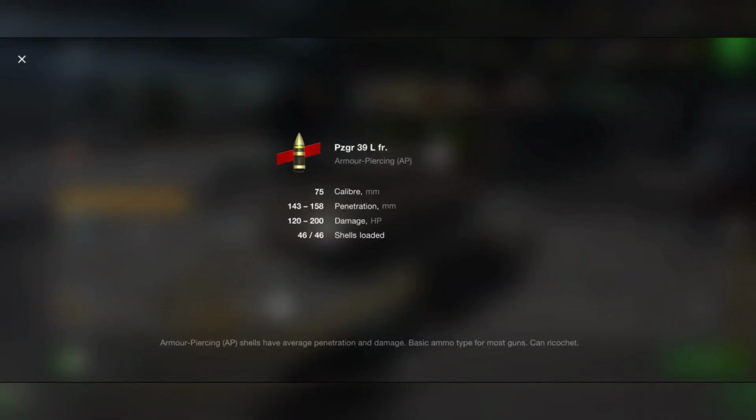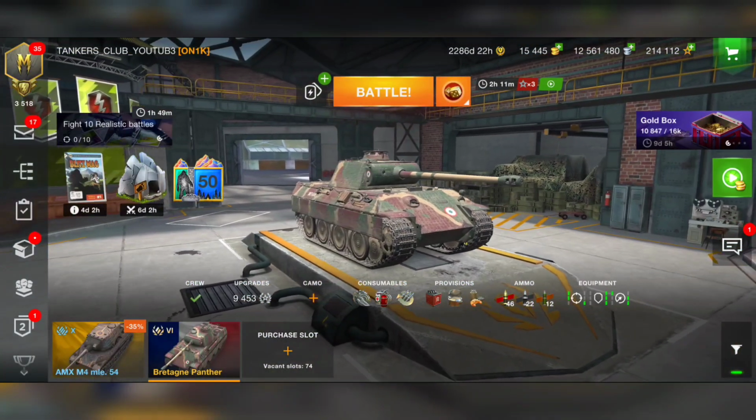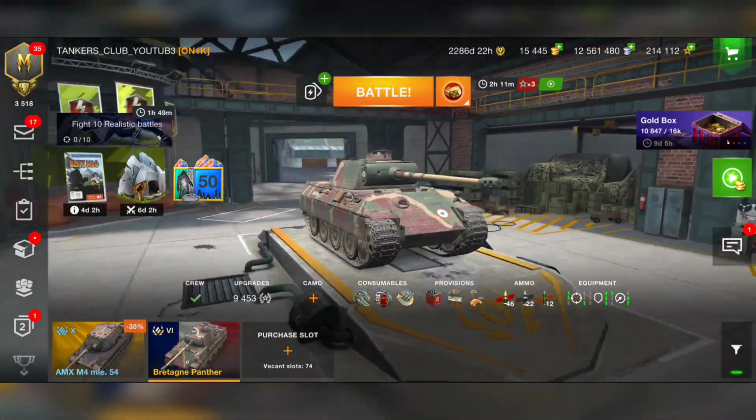We got here to the gun, 75 millimeter, and yeah. We have also APCR shells and HE shells, so no HEAT shells here. I'm not using a lot of HE shells because with HE shells we cannot pen most of the mediums and light and heavy tanks in the game, so that will be very rare to use HE shells with this gun. Let's take a look at the armor profile of this vehicle, also tricky,